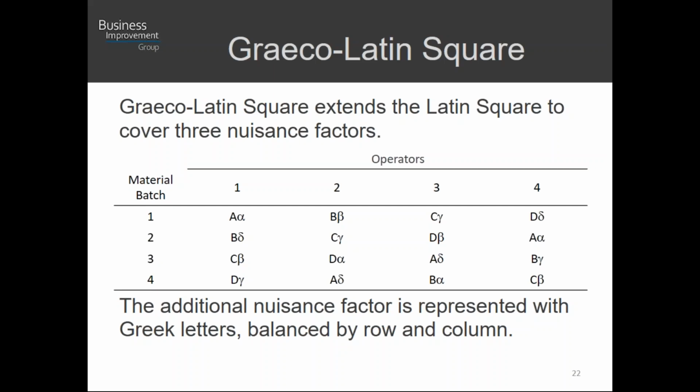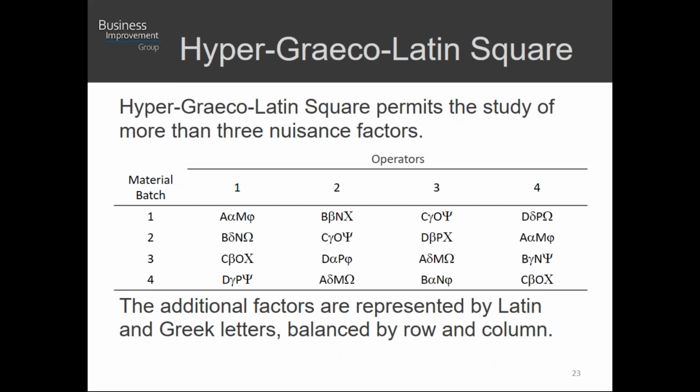So, going through this matrix, we find out again, it's going to be balanced in both rows and columns, meaning that if you look across, A will show up once and only once, B, C, and D, the same thing for the Greek letters. They'll show up once and only once in each row, once and only once in each column. The hyper Greco-Latin square then allows us for